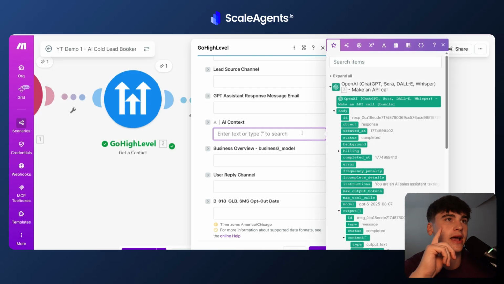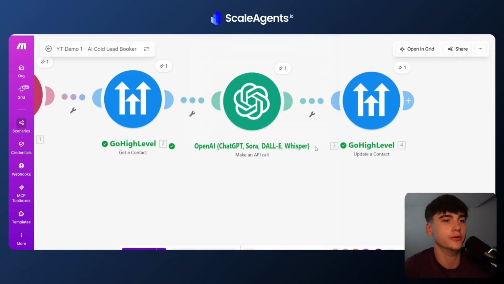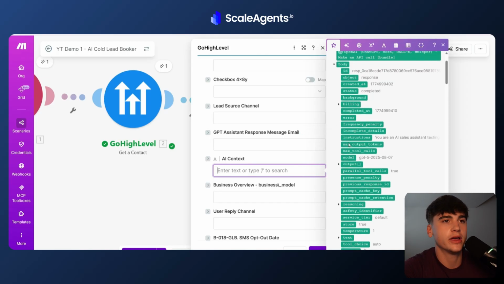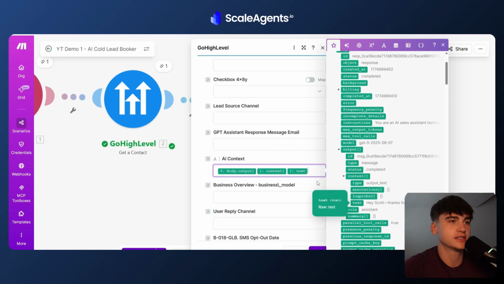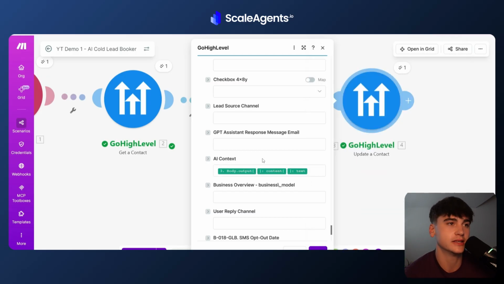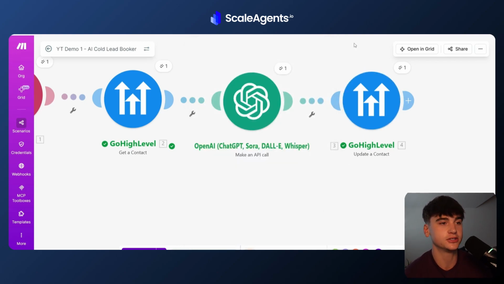And then actually for AI context, there's one thing we need to do over on GoHighLevel. And then over here on AI context, we're also just going to throw that text in there as well. So this AI context, I'll show you guys in a minute how you can manipulate this. This build's going to be pretty straightforward. I don't want to overwhelm you guys, but that's everything we're loading in there to essentially send the message to